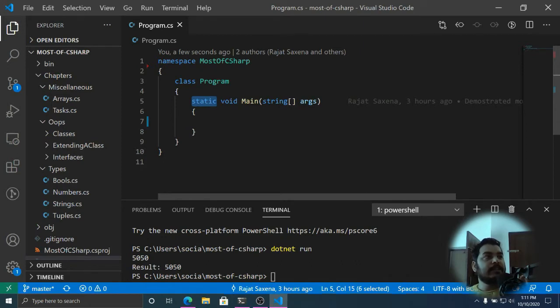Okay, it is just going to call the main method directly from the program. That is why the method has been marked static. On top of that, it is not going to return anything to the .NET runtime, hence the void thing, because the void represents that it is not going to return anything.